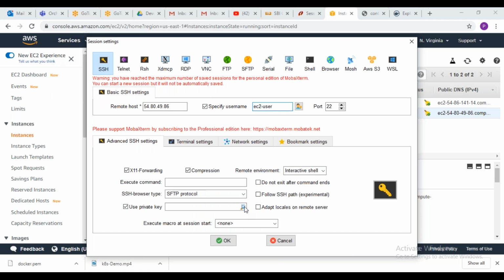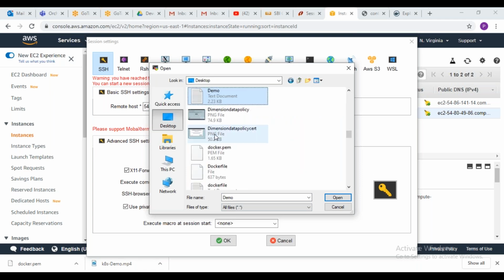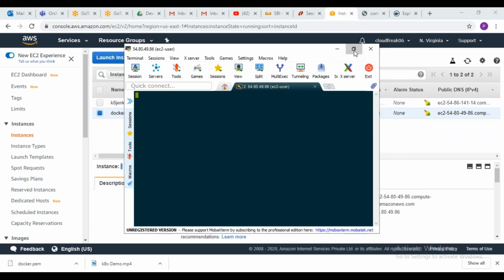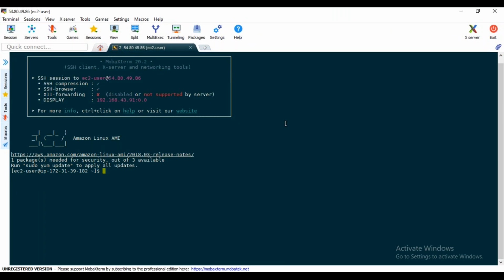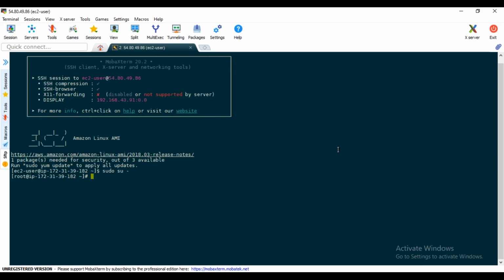So use it and select the private key I created on the desktop. This is docker.pem. So it's created, and this is one of the Linux machines, and here we can install Docker.